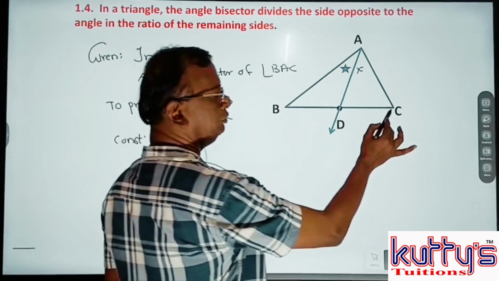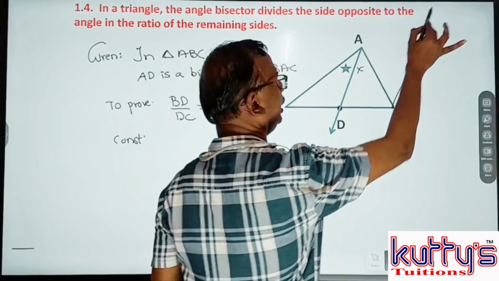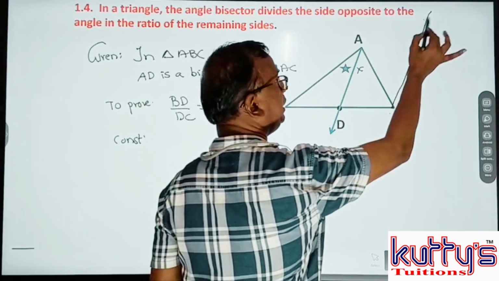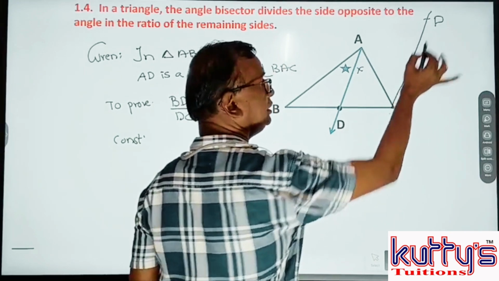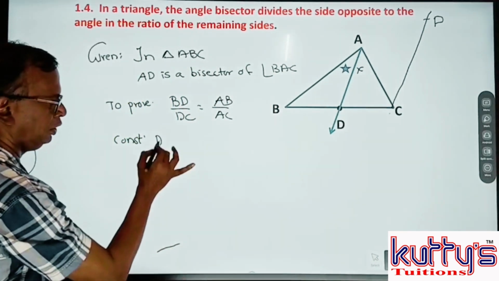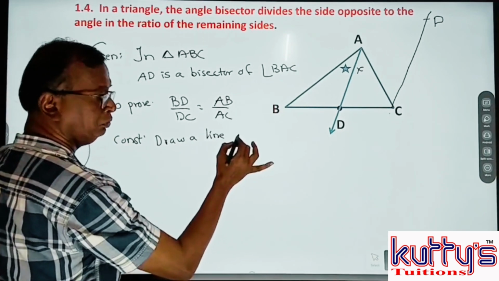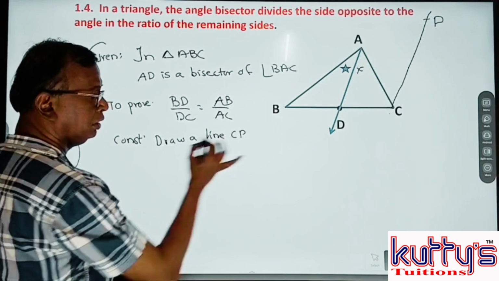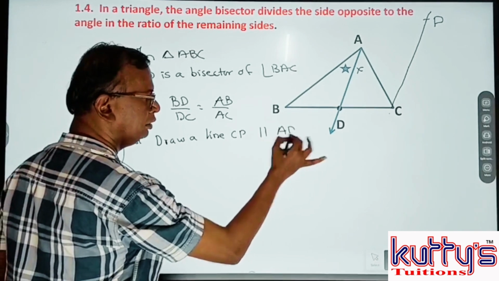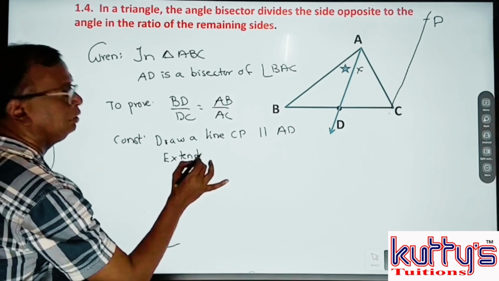Then the construction. Here, draw a parallel line from C. Parallel to which one? AD. So draw a line CP parallel to AD. Then extend BA